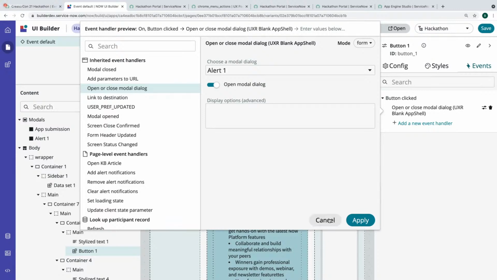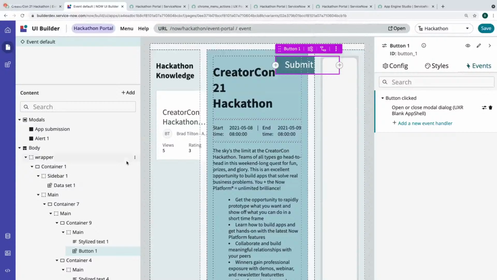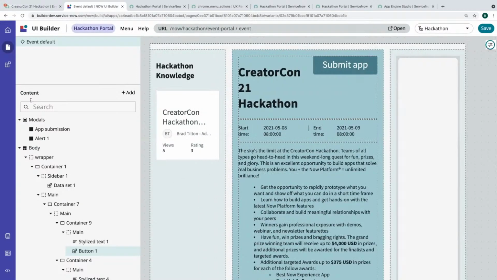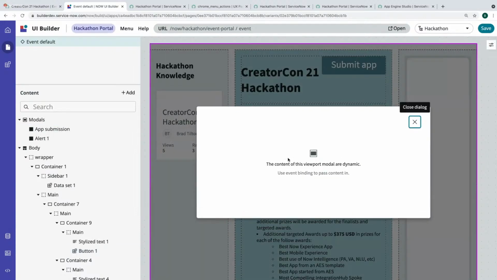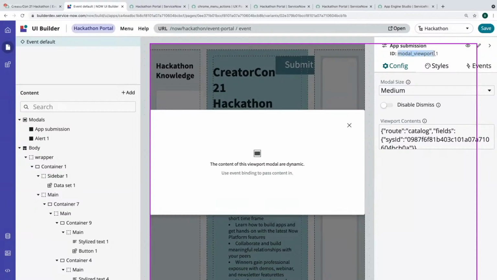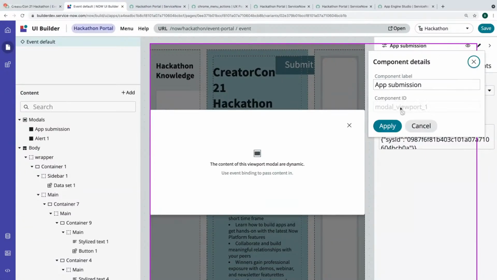Okay, that's an option. So just to rehash, the ID of it is not editable. We can only change the label.